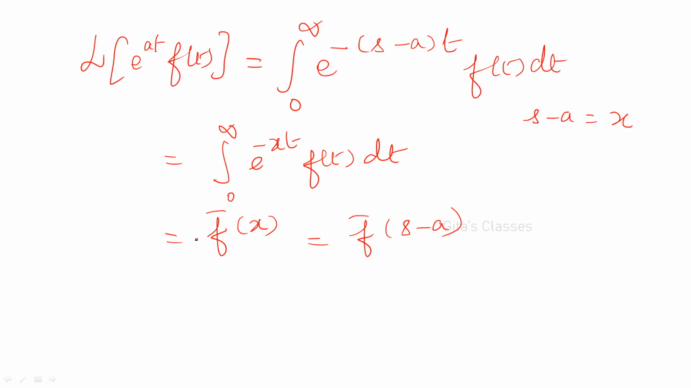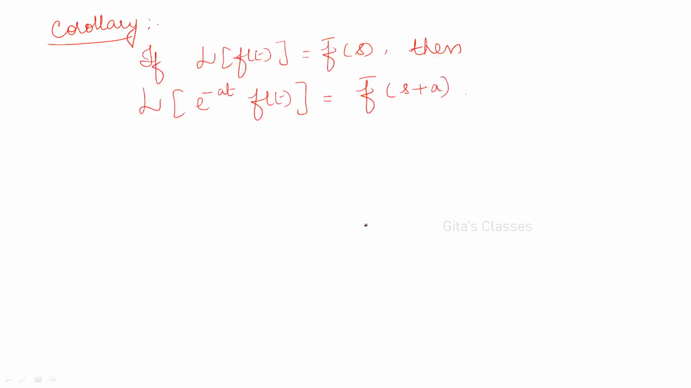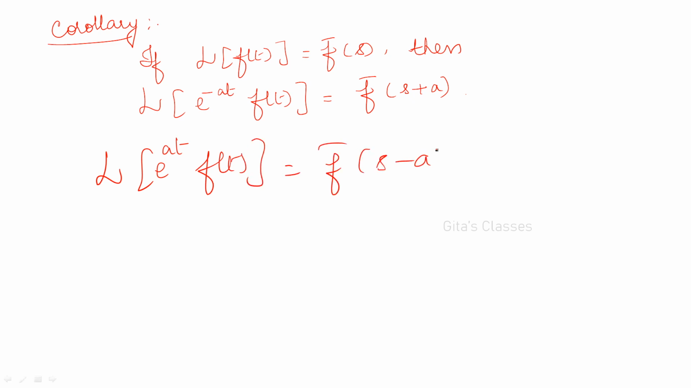If the function is multiplied by e power at, without e power at, you find the Laplace transform and replace s by s minus a. Okay. There is a corollary: if the function is multiplied by e power at, f bar of s minus a. If the function is multiplied by e power minus at, then replace a by minus a. From the theorem itself, we have just proved that L of e power at f of t is equal to f bar of s minus a, right? So replacing a by minus a,